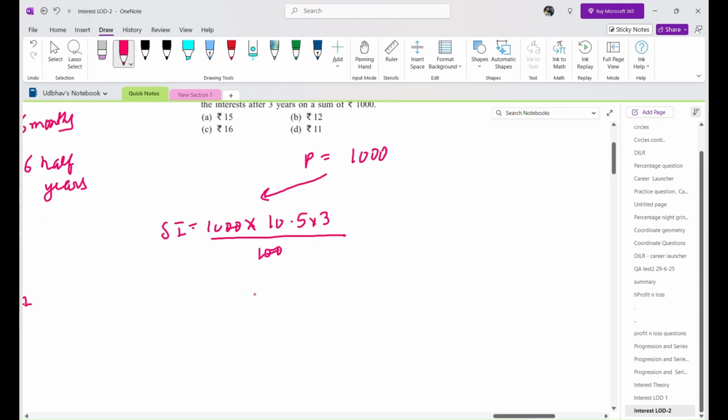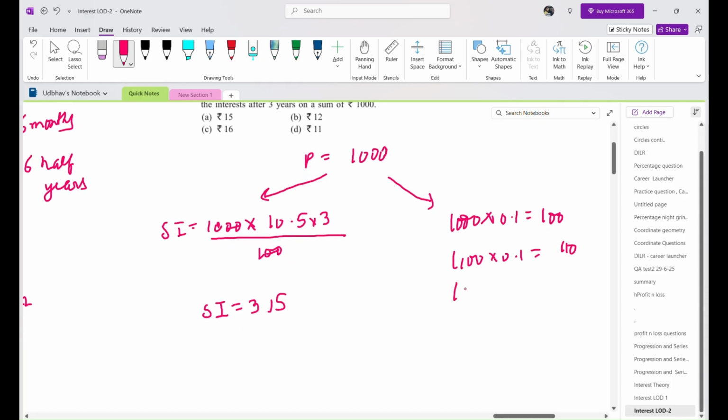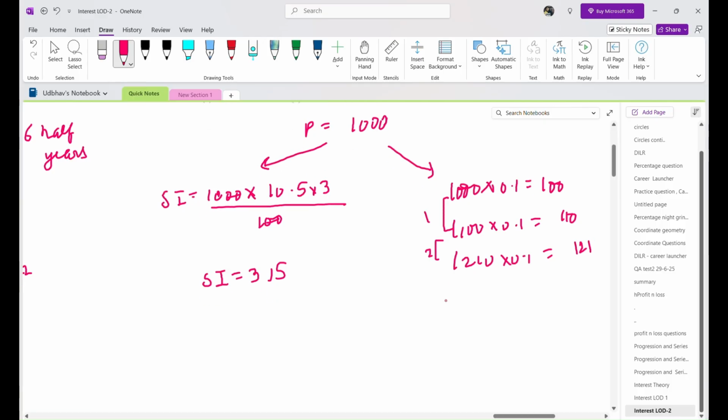It comes out to be 105 into 3, 315. Now we'll calculate the compound interest. 1000 into, for the first year, 10% is the rate, 0.1, 100 rupees. Next year it will get 1100 into 0.1, 110 rupees. Next year it will be 1210 into 0.1, 121 rupees. This is for first year, this is for second year, and for third year will be